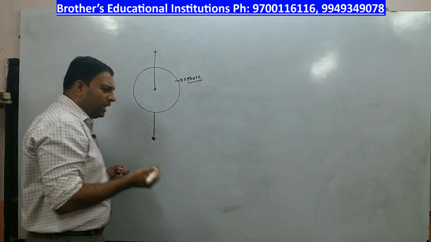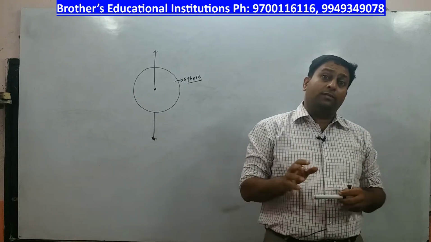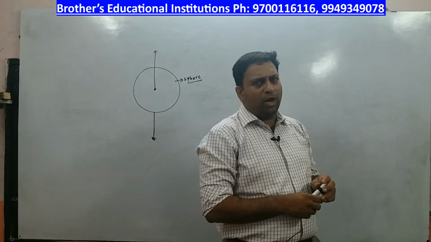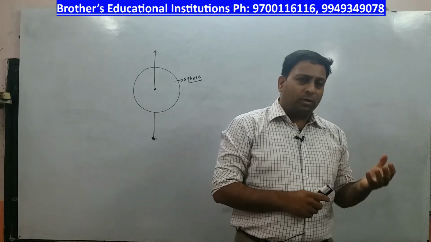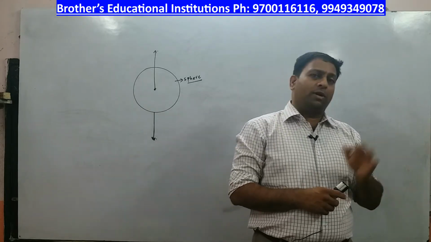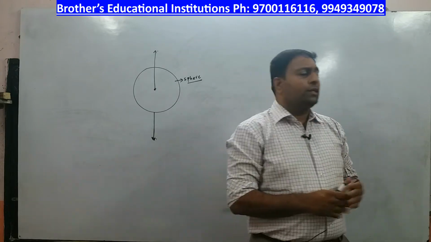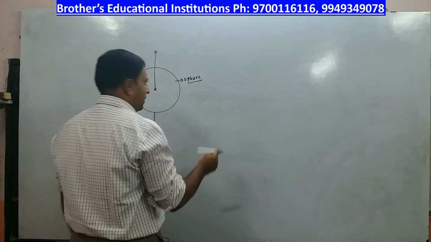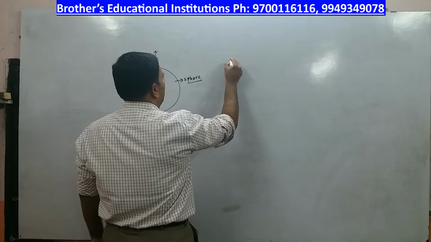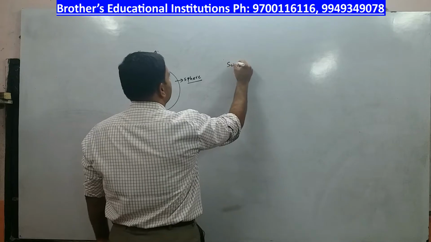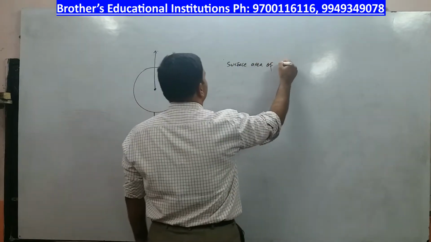When you say 3D object, there is an additional dimension which is added to the 3D object called volume. For all the 2D objects you have area, but for a 3D object you have total surface area, lateral surface area, and one more additional dimension called volume, right? So let us try to see what are the formulas to find the surface area. Alright, now I will say surface area of sphere.